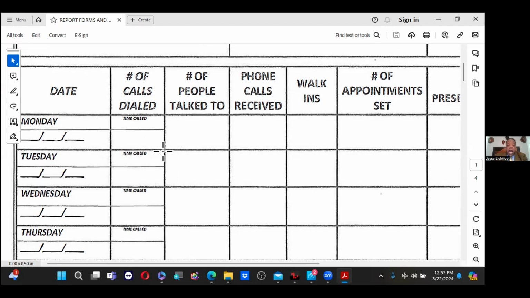Now, the main thing about this form is this. If you're cold calling, you should be dialing 120 numbers per hour. And here's why. For every 10 numbers you dial, you should talk to one person. So dialing 120 numbers, you should talk to 12 people within a 1 hour period. Now, out of those 12 people, we know that you ought to be setting one appointment out of every 3 people you talk to. So if you talk to 12 people, you should have 4 appointments. So you should be setting 4 appointments an hour.